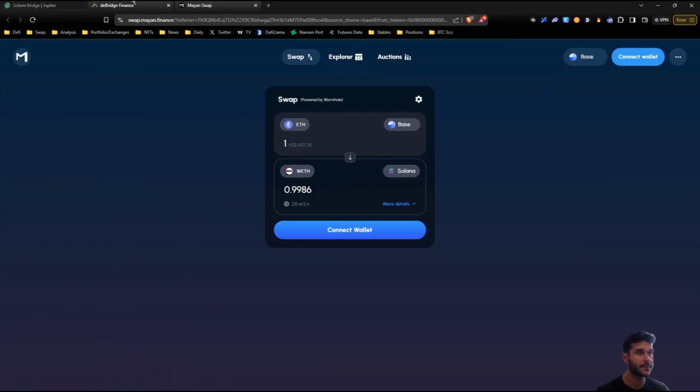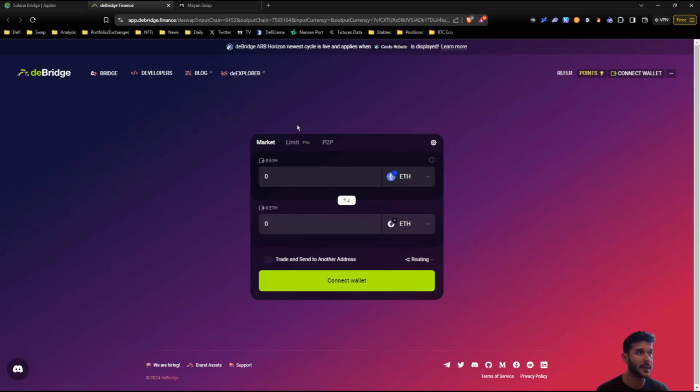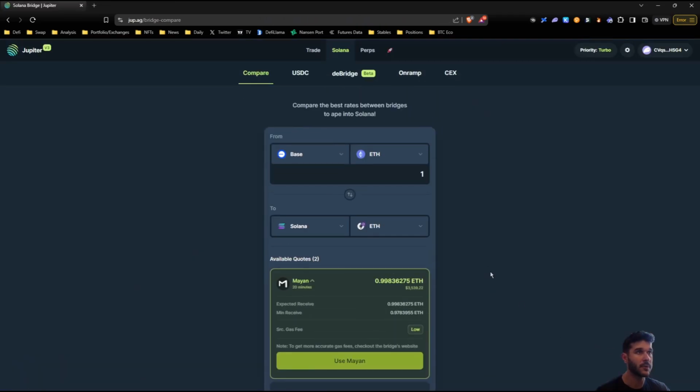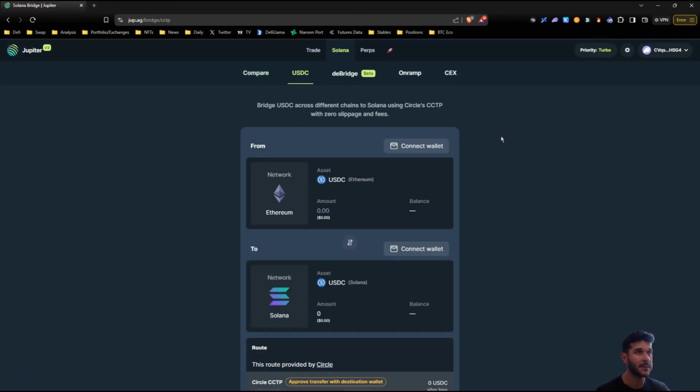I think it will even set up the assets that you have chosen. So that's pretty cool. The USDC tab is going to just be for if you just want to swap USDC